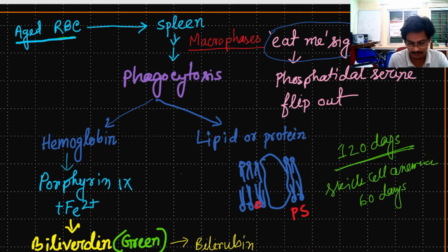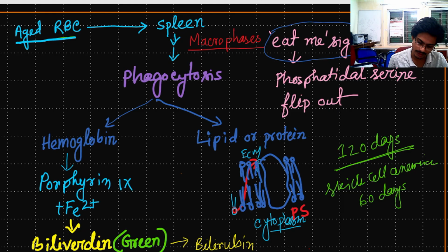Phosphatidylserine is normally present in a specific layer, the lower side, toward the cytoplasm, and this is the ECM network, extracellular matrix. It flips out to the top layer, and this is called the eat me signal. If the phosphatidylserine flips out,